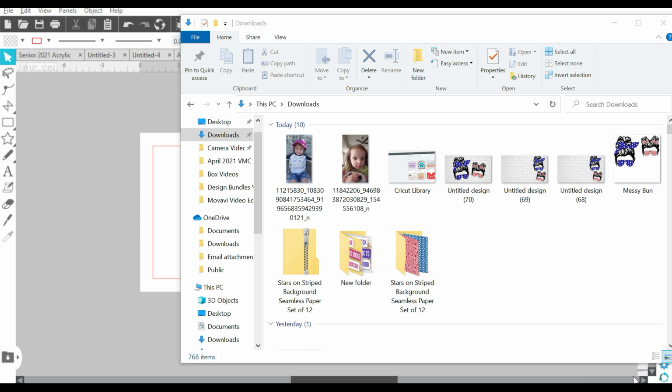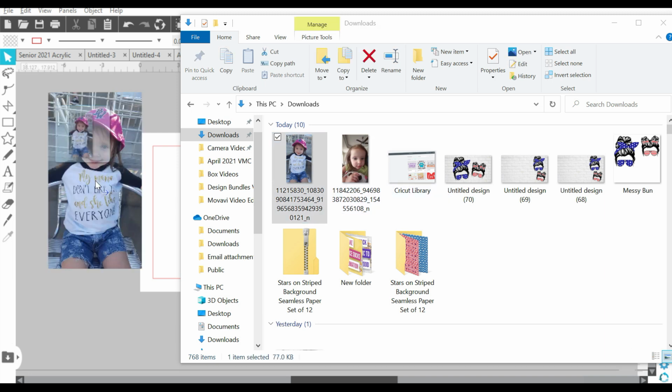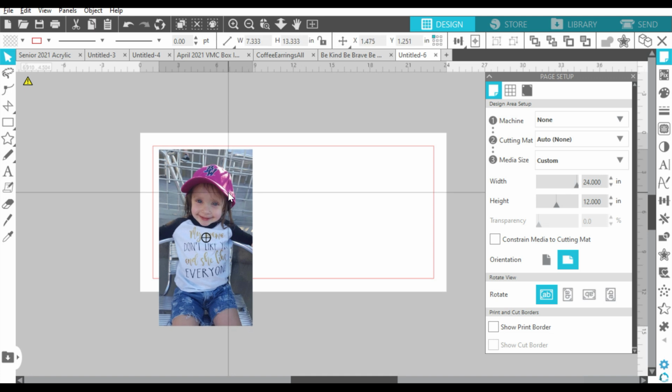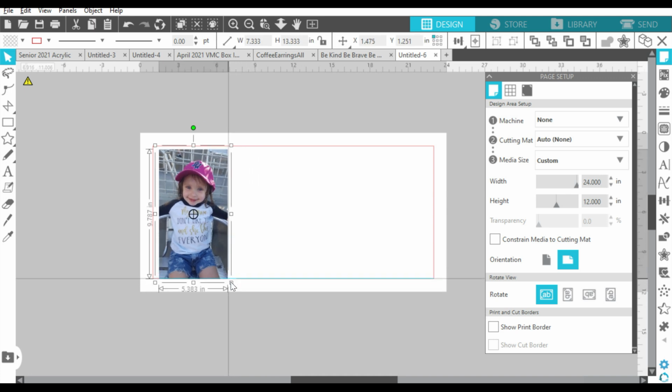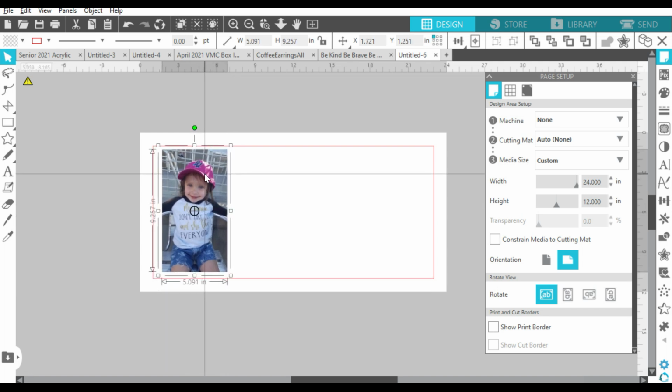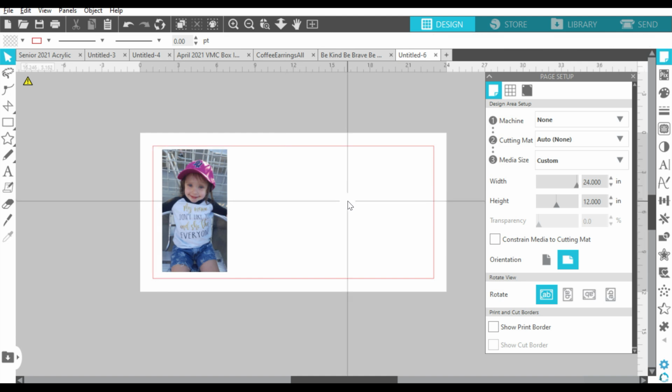Now, a few of those elements that I can go ahead and bring in, I'm going to bring in a copy of the photo that I'm going to use, and all I'm doing, I have a File Explorer open, I'm just going to drag and drop that over. And I don't have to know exactly where I'm going to put it right away, but we could just size it down and kind of play with it a little bit. Once you really determine how you want the layout to be, that's when we're actually going to start modifying things.